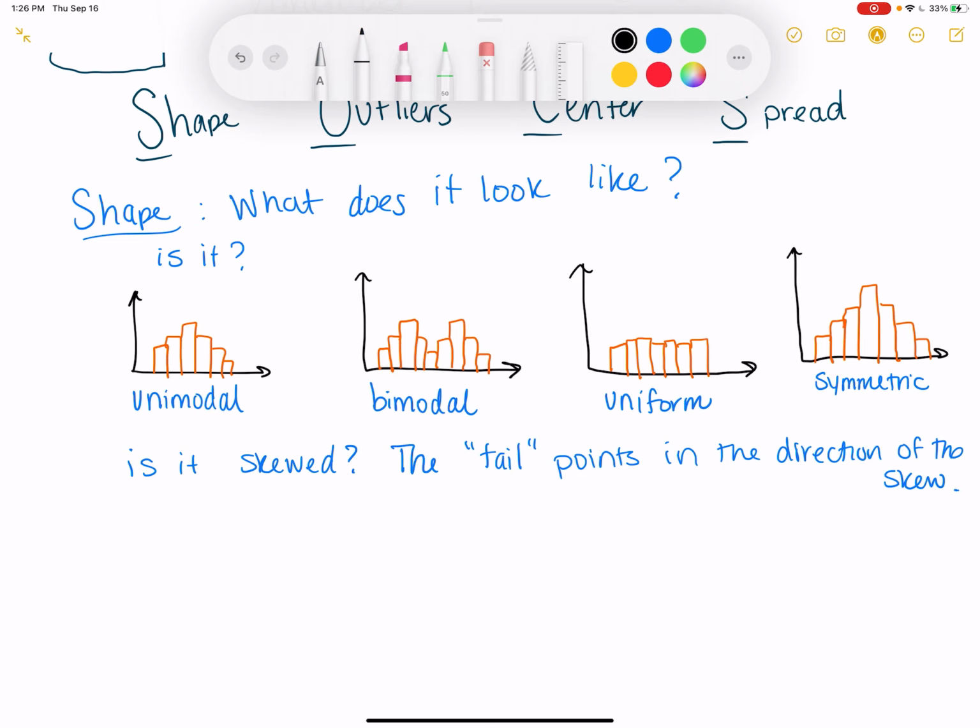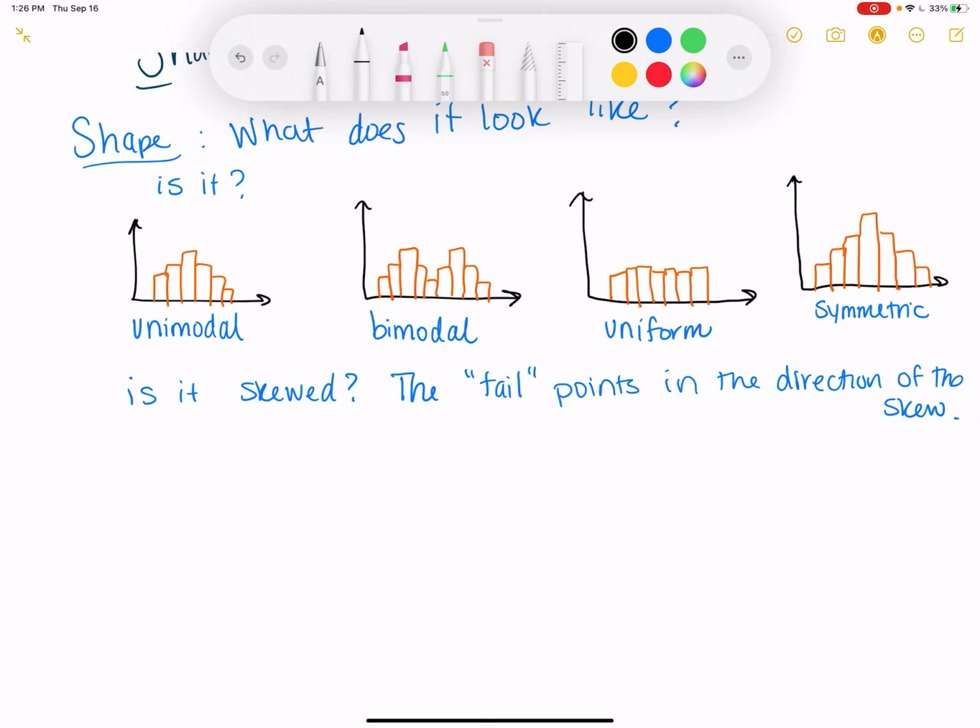All right, so these two, you might want to draw them a little wider. The height doesn't matter, but